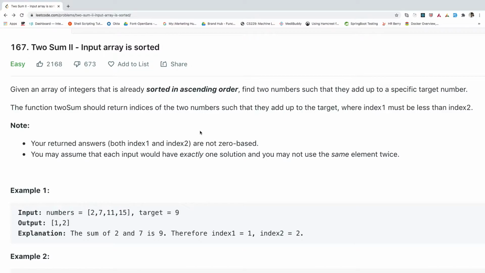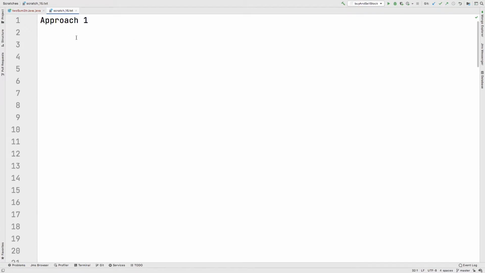Here we will start with a naive approach or brute force approach, and then we'll see how we can optimize our solution to get an optimal solution. And at the end we'll see the code for an optimal solution for this given problem. Okay. Now I will discuss different solutions for this given problem. For that I'll come to my IntelliJ editor.